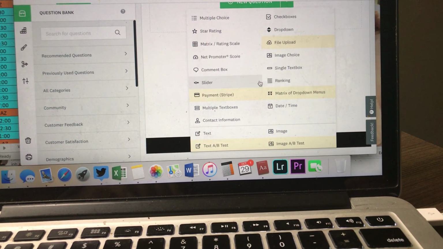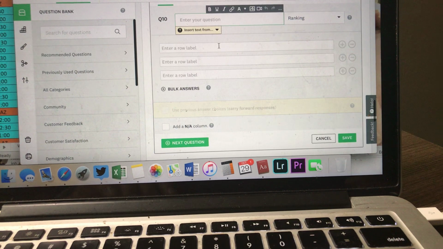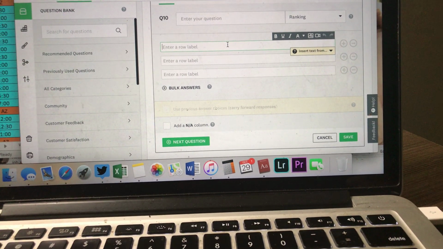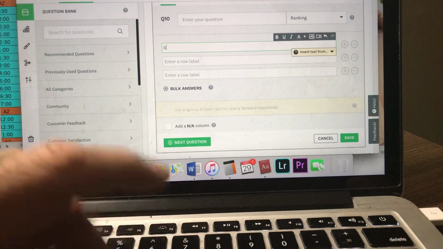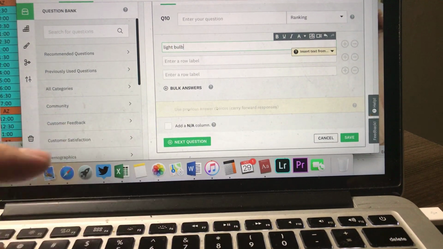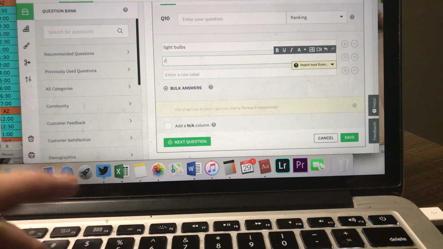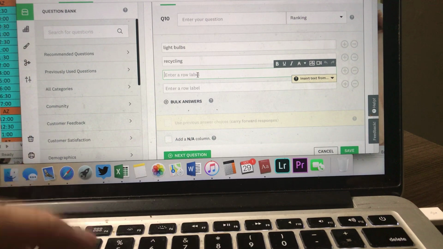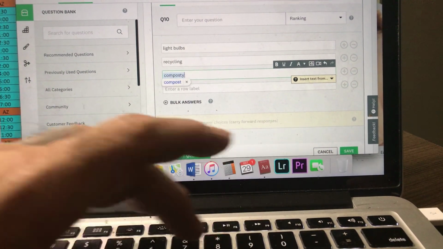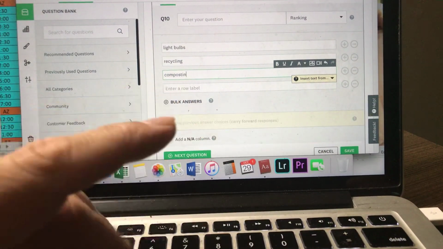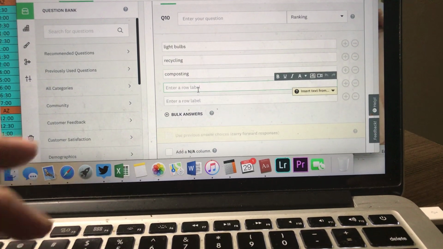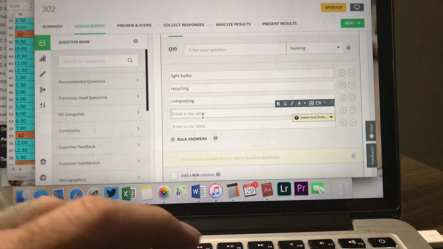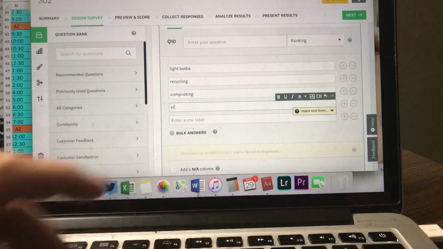Okay, we have the ranking one I did up on top. So here again, let's rank the rank. All right, let's just do this. Okay, light bulbs, recycling for you sustainability students, composting. See, an interdisciplinary studies instructor has to know a lot about a lot. That's just called getting old, people, okay? Composting, let's see, electric cars,